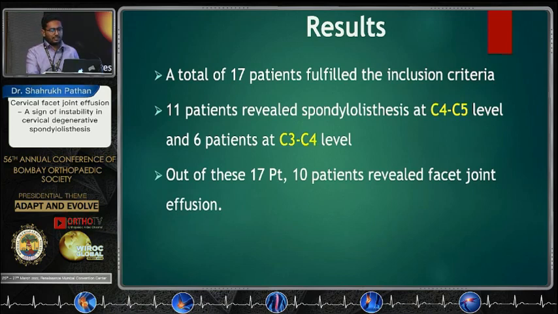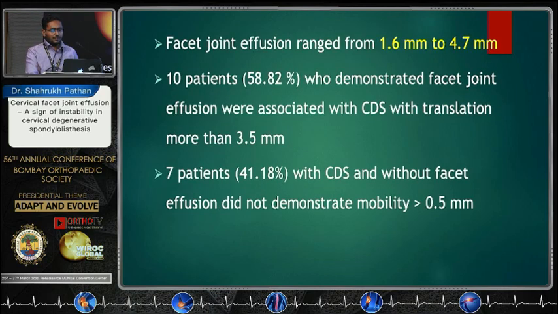Out of these 17 patients, 10 patients revealed facet joint effusion on MRI, and this effusion ranged from 1.6 mm to 4.7 mm. These 10 patients who demonstrated facet joint effusion were associated with listhesis with translation of more than 3.5 mm. In contrast, the 7 patients with CDS and without facet effusion did not demonstrate mobility of more than 0.5